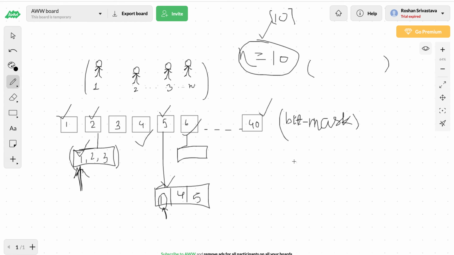So basically think in terms of the number of bits we have. The status of each person can be shown by some bits. Because we have 10 persons here, we can have at max 10 bits. So 0 represents that none of them are wearing a hat currently, that is 0 0 0 0 up till 10 bits, whatever the number of people we have here, so it will be equal to 0. Similarly there can be a situation where we'll have 0 0 0 0 0 and then 1. This represents